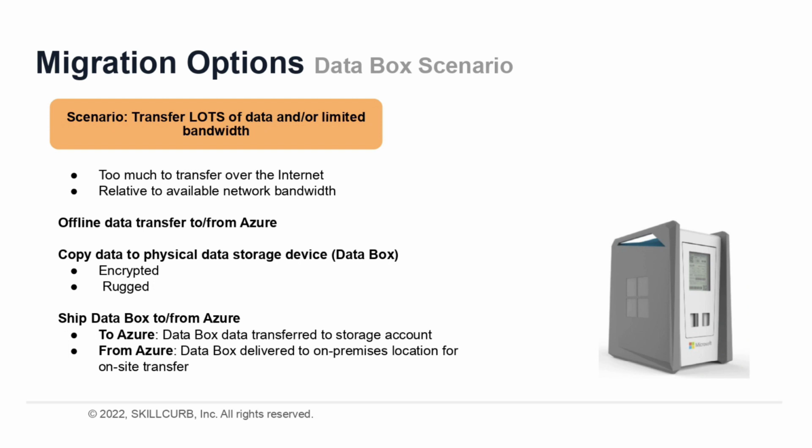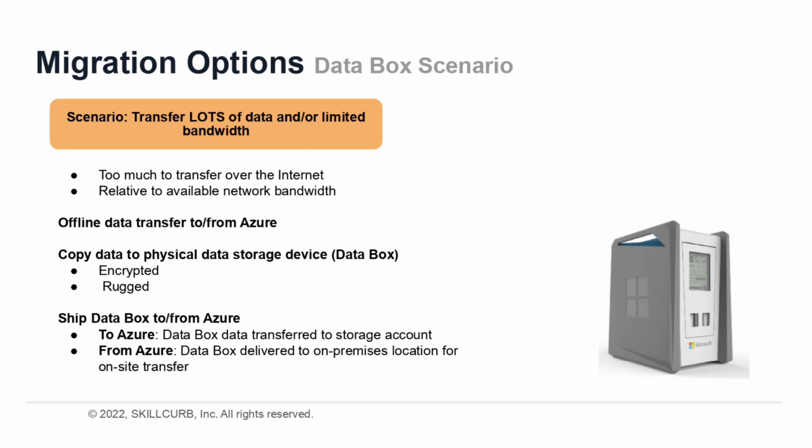As its name implies, it is simply a physical box that is sent to your location, like we see on the right side. Data Box is an encrypted and rugged hard drive in which case for transferring data into Azure, you would simply transfer your data into your Azure Data Box appliance, ship it to Azure, from which case they will then transfer that data from your data box into a pre-created storage account. And this scenario also works in reverse, in which you can take a large amount of data already in a storage account, arrange to have it copied into a data box,